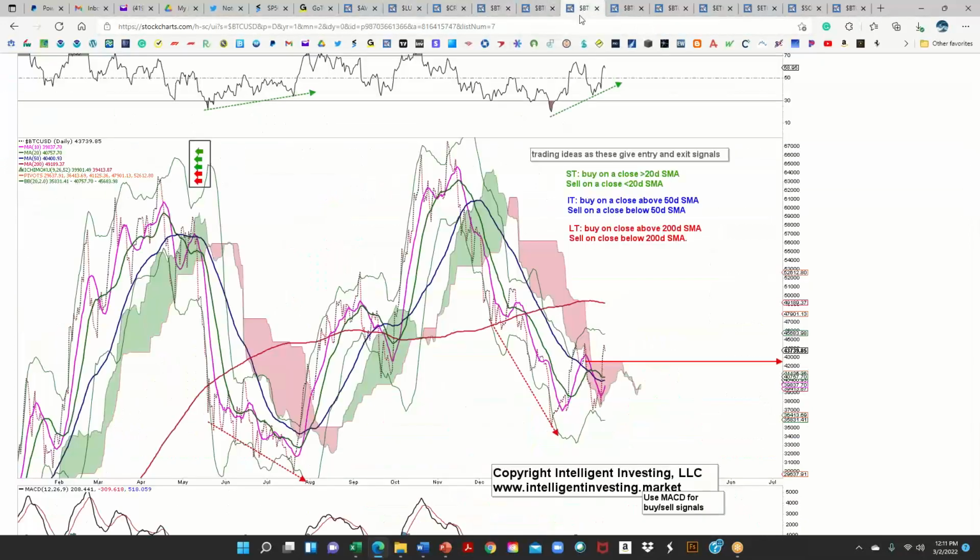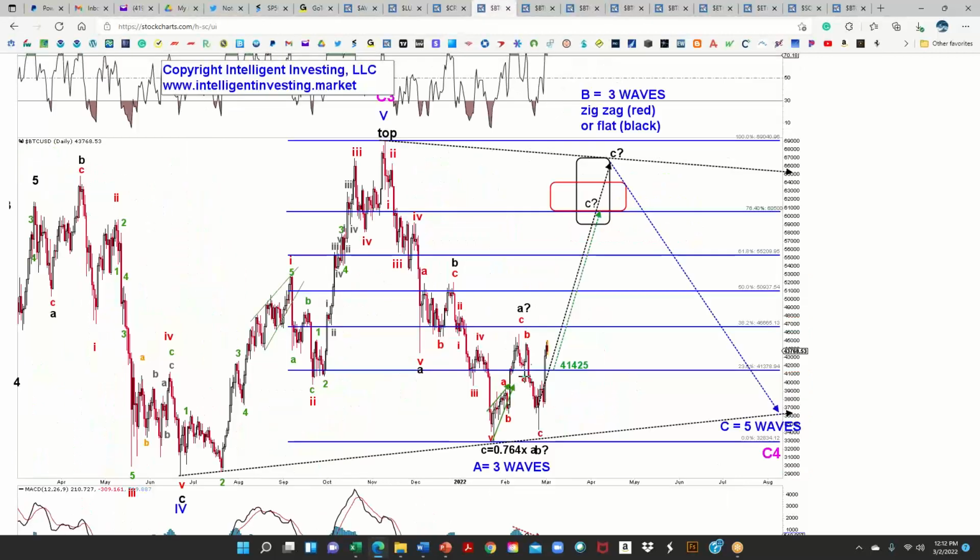So that's the hopeful anticipation. There's no guarantee it will do it, but that's the hopeful anticipation, right? I have no guarantees. I cannot promise you 100% certainty. I can only show you what the most likely path is based on a lot of patterns, Elliott wave, that type of stuff. But what we did know again was February 11th, if we can hold this level here,